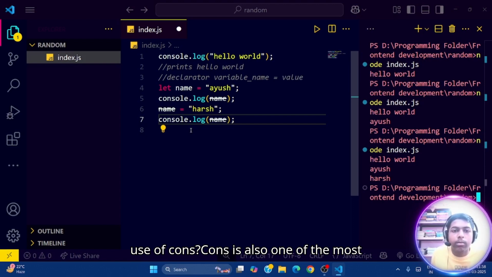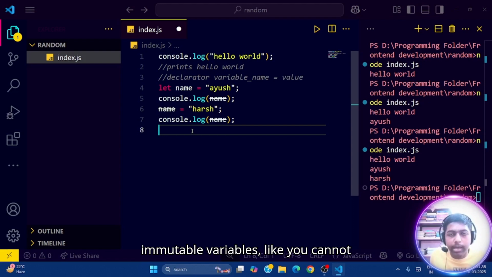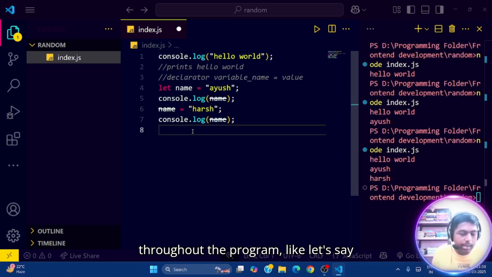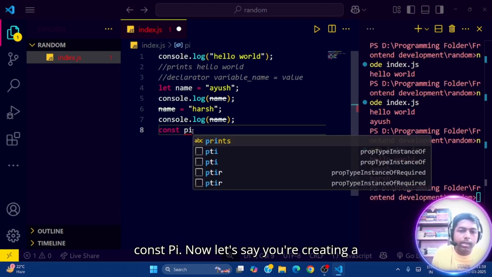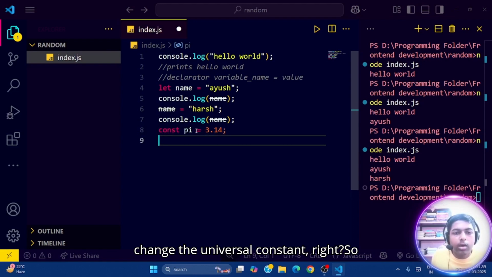Const is also one of the most important declarators. The use of const is to create immutable variables, so you cannot change the value of those variables throughout the program. Let's say const pi. Now let's say you're creating a mathematical program which involves the use of pi, a universal constant,